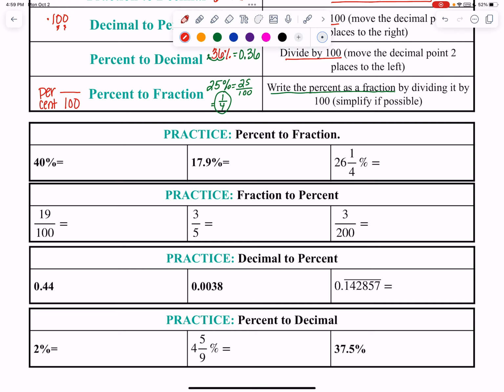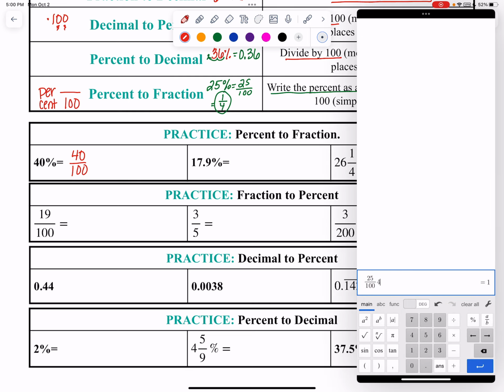Okay, and so we have 40 over 100, that's 40%. That's what that language means. And then we just need to simplify the 40 hundredths. So maybe you can think through that, maybe divide by 20 over 20. Let's go ahead and see what 40 divided by 100 is. 2/5. So simplified, we have 2/5. Percent to a fraction. I'm going to circle my answer. Okay. All right, next one is